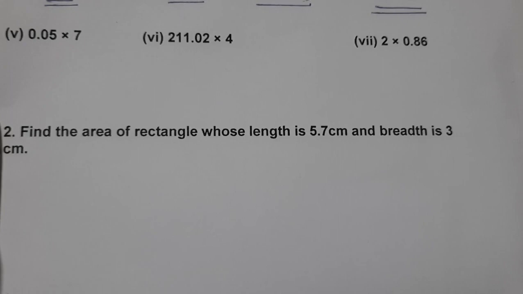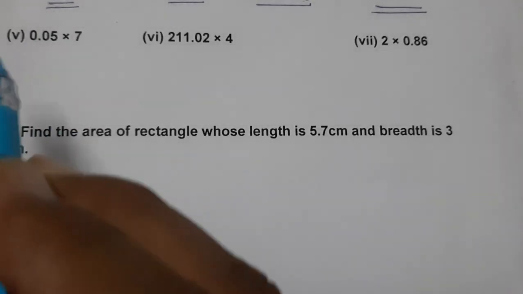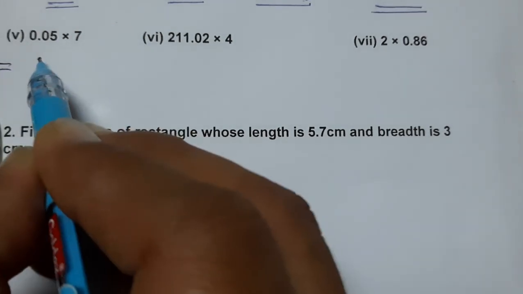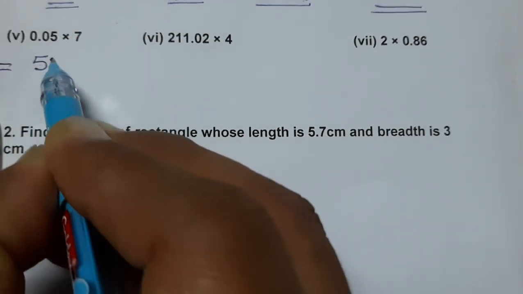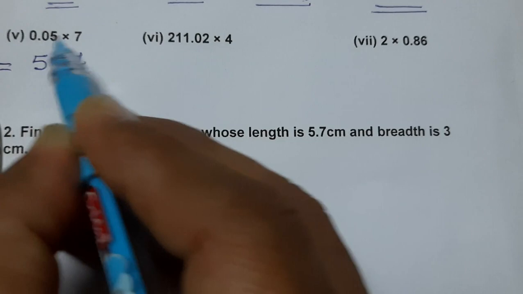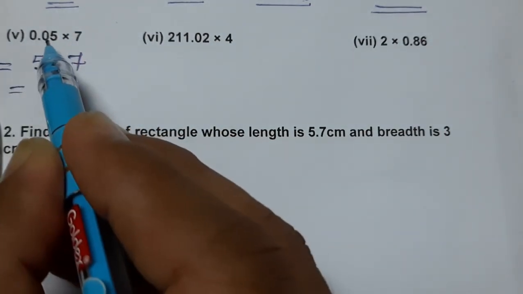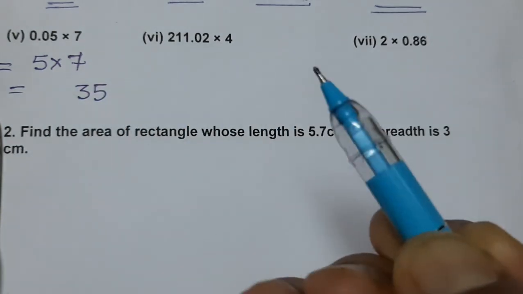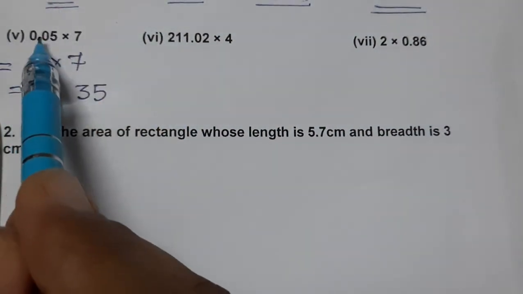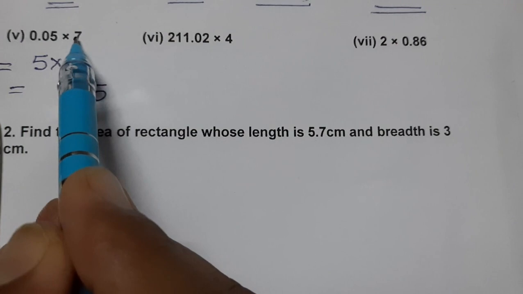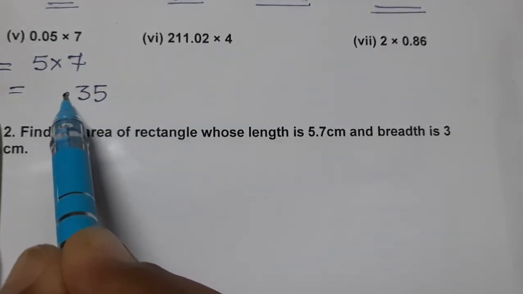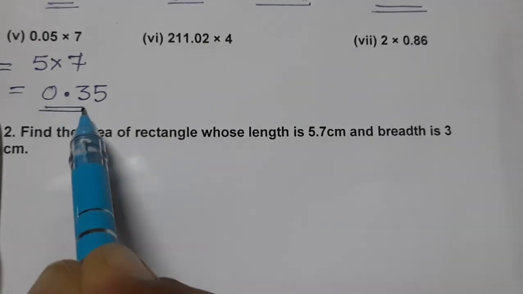Now doing the remaining questions. Once again, same thing. 5th, 6th and 7th, 3 questions more left. Let's do this also. So simply multiply, ignoring the decimal numbers. 5 7s are 35. We have done the multiplication. Now count. After the decimal, 1, 2, and here nothing. So 2 only. So starting from the right towards left, 1, 2. Put it. And you can put 0 also.